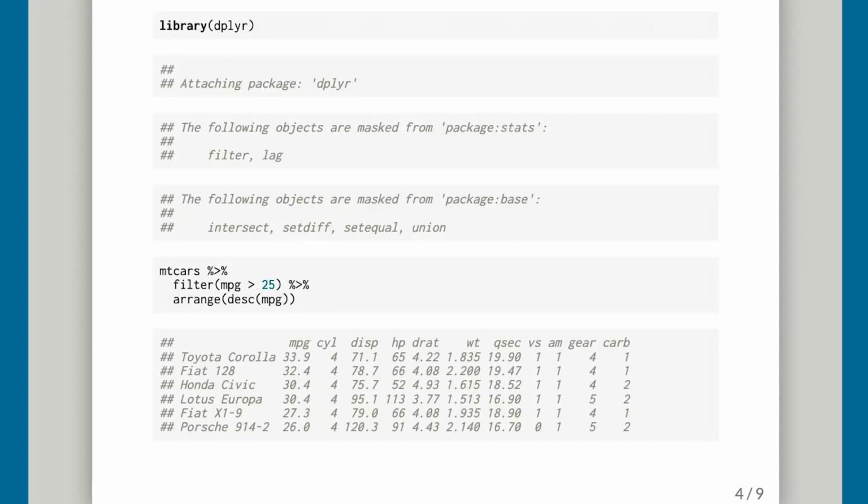So here's a somewhat trivial example using the magrittr pipe with the mtcars dataset and a couple of dplyr functions. I'm taking the dataset, filtering it for rows with more than 25 miles a gallon, and arranging it by descending miles per gallon.